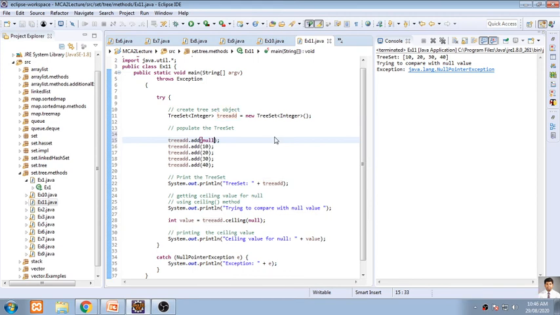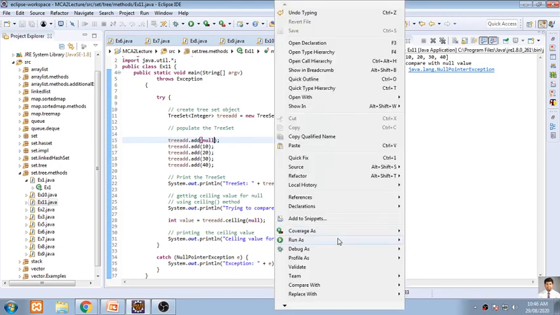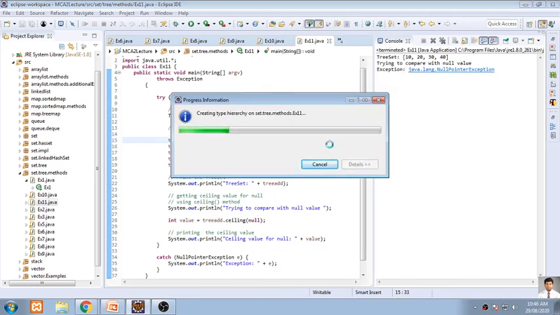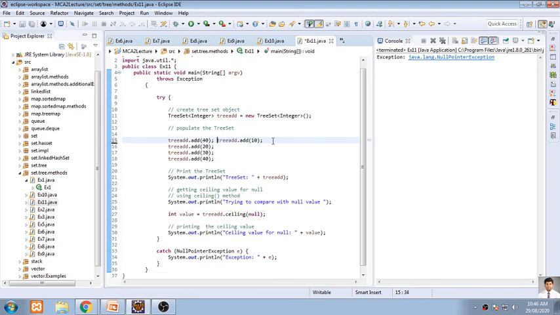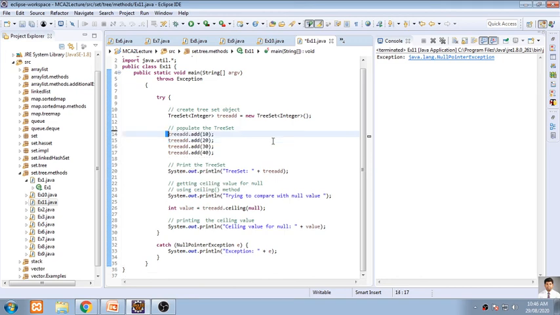If I add null value, what will it do? See, null pointer exception. So null values cannot be added into the tree set. This is one example we have.